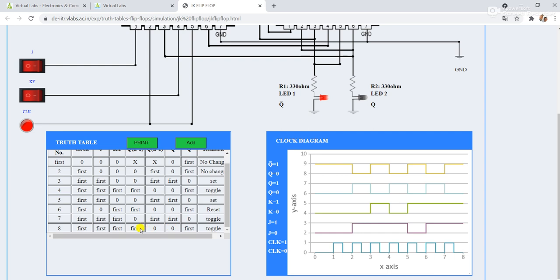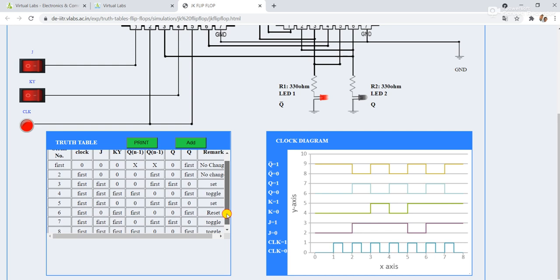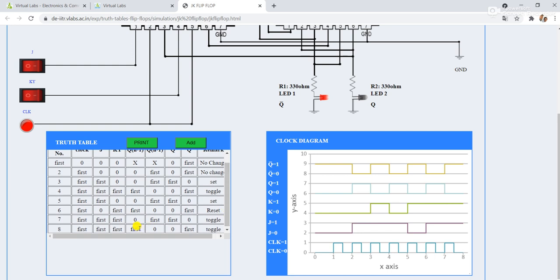So now previously your Q was 1, and in the next state it is 0. So 1 0 1 0, this will be the output.